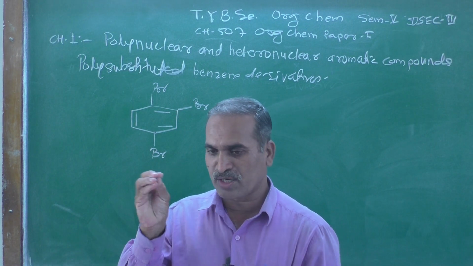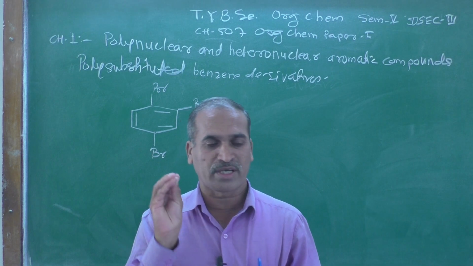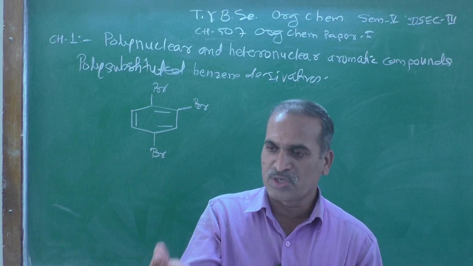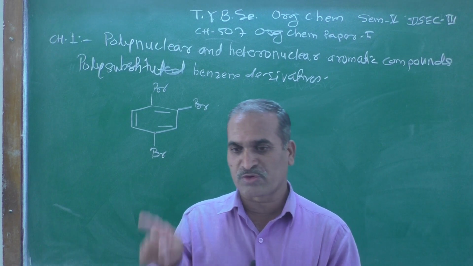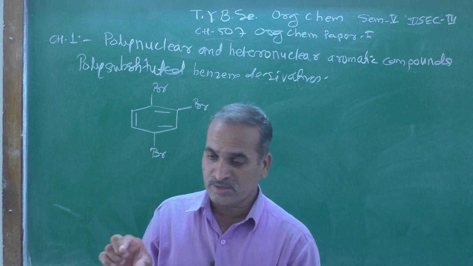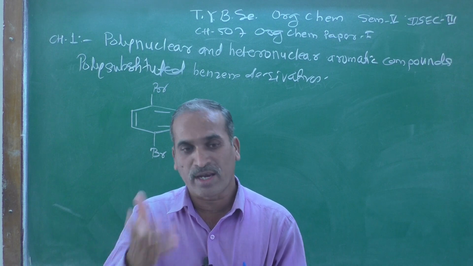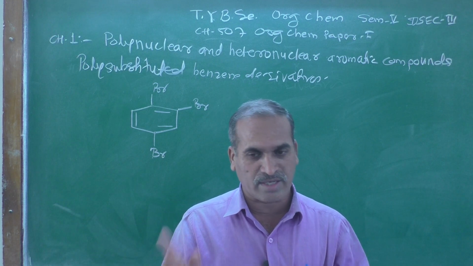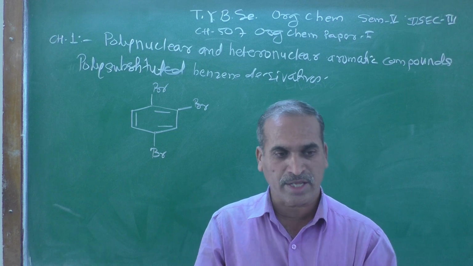because in monosubstituted benzene, as we know, there are 6 hydrogen atoms present on the benzene ring, and all the hydrogen atoms are equivalent in nature, and therefore the replacement of one hydrogen atom gives rise to only one kind of monosubstituted derivative. But once the monosubstituted derivative forms and there is replacement of another hydrogen atom, the remaining 5 hydrogen atoms are non-equivalent in nature, means they are not the same, they are different: 2 are ortho, 2 are meta, and 1 is para,